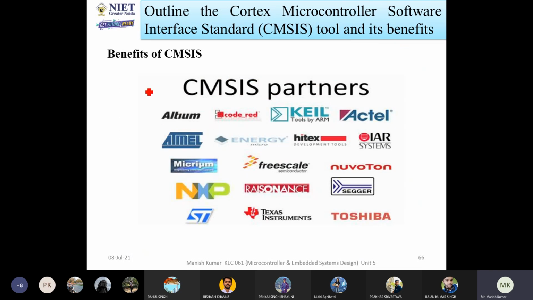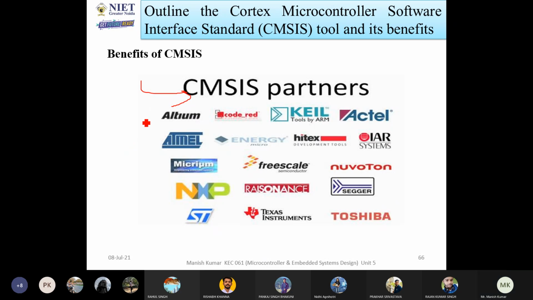So now these are the CMSIS partners. You have heard that different types of companies are available which manufacture or develop IoT systems, even embedded systems. I think all of you have heard about these companies, and all of them are using CMSIS tools. That's why it's very useful and very compatible.